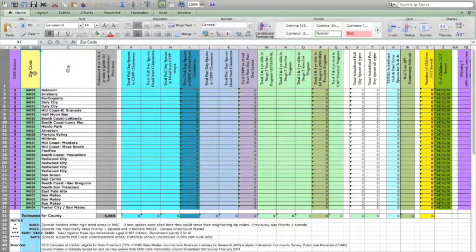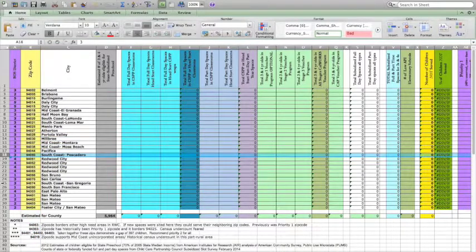just for PO boxes, or in our case, our airport has its own zip, but there are no children living there. So that's not one that I'm likely to use as part of our ones. Or you may have zip codes where there's a very, very small population, but they're close together. An example of that for me is our mid-coast. Now I have them all divvied out, but sometimes I may clump them together. So it gives a sense of those small zip codes.